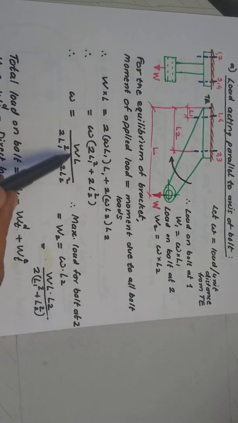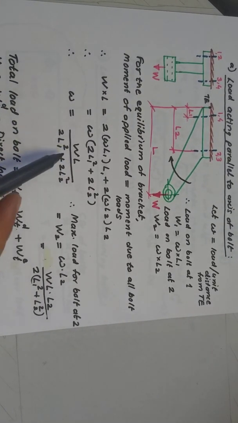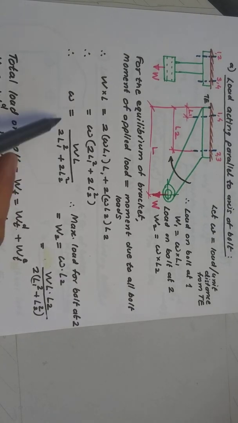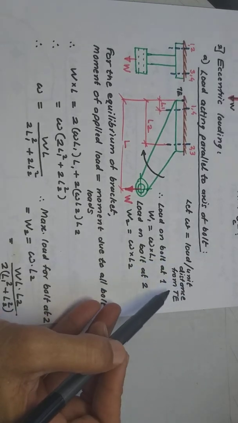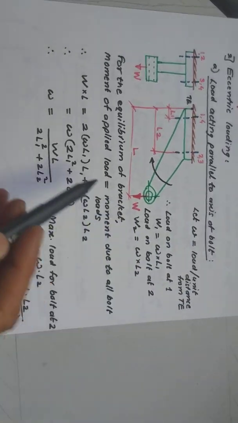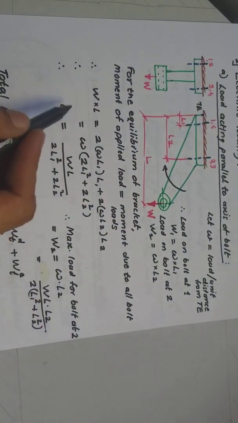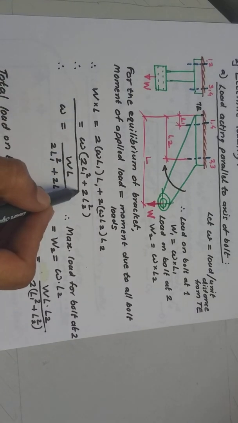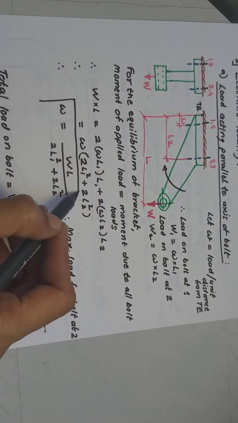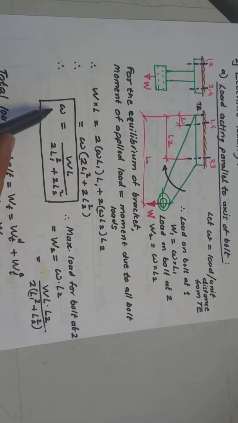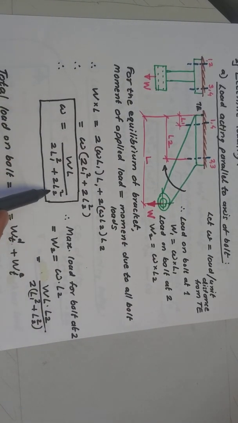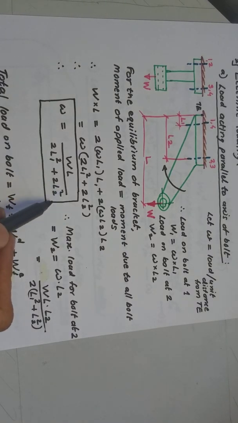When you simplify, it gives small w is equal to capital W into L upon 2L1 square plus L2 square. So the small w which we defined here earlier, that is load per unit distance from the tilting edge, will be obtained by this formula. I can put it in the box, so this is the way we find the value of the constant. The unit of this is load per unit distance, that means say Newton per millimeter.